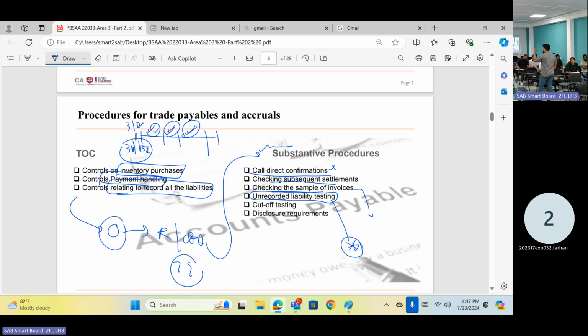Previous year we have already taken the service. If we have already taken the service, these are relevant for the previous year. At the year end, we should have a liability, and the liability should be recorded at the year end. If they have not recorded that, it is an unrecorded liability. So accordingly, you can put down your steps.